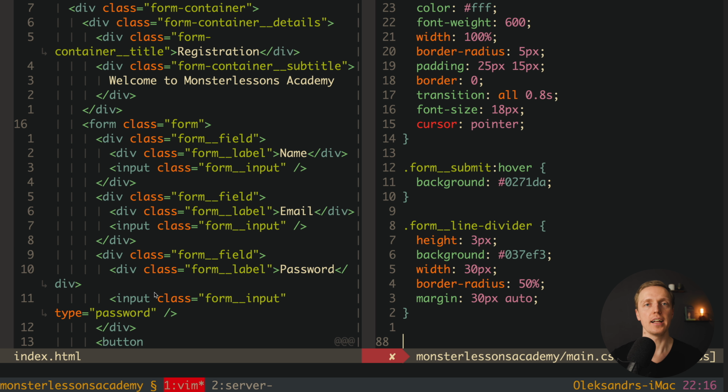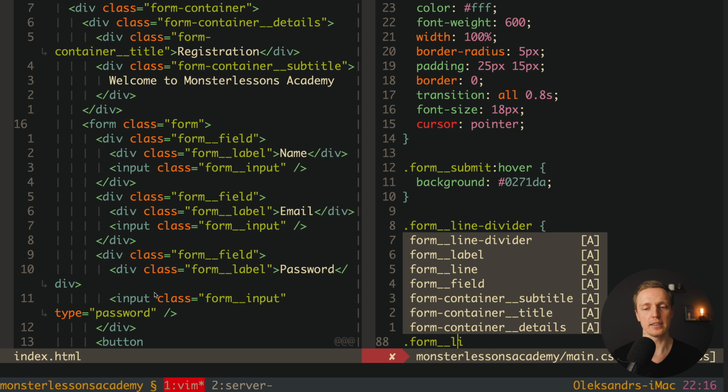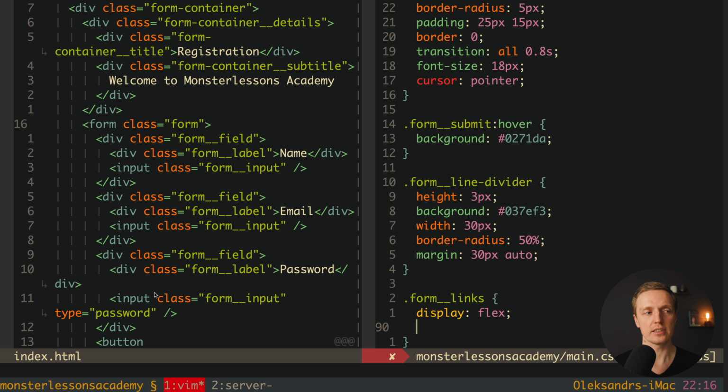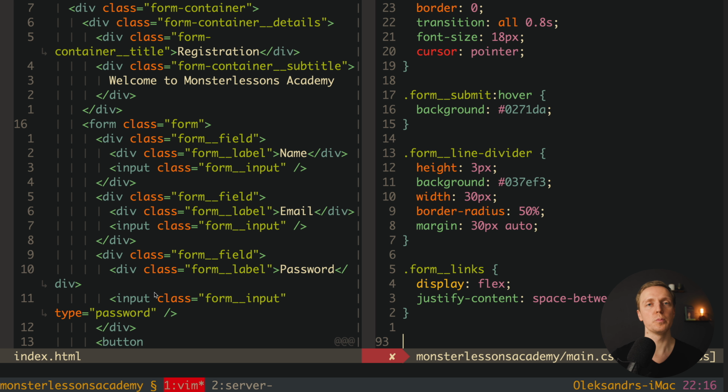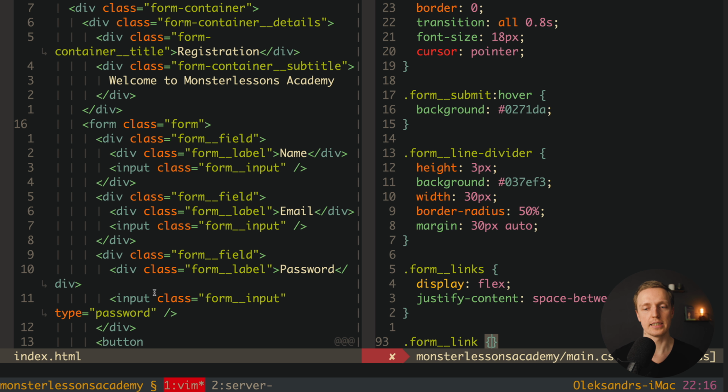Now we must style our container for the links, so here we will have our form__links, and inside we just want to set our elements on the left and on the right. And for this we can use display flex and just write here justify-content, and here we will use space-between. And last but not least, we must style our link, so here will be form__link, and